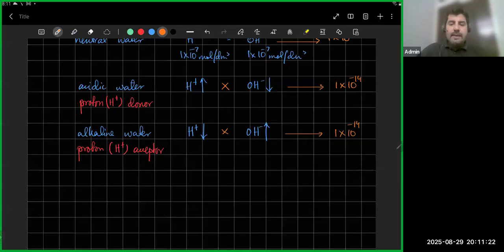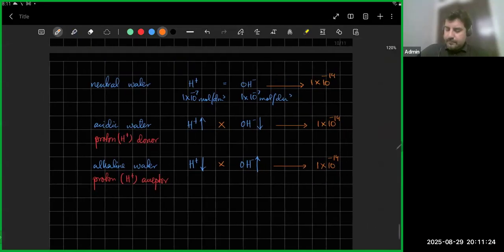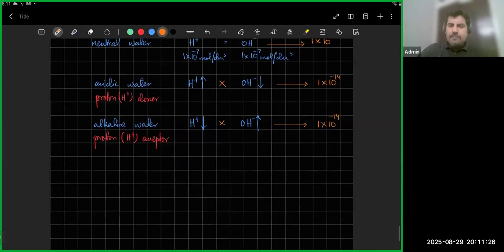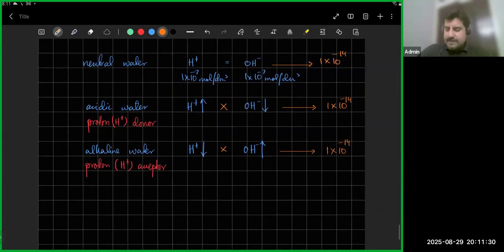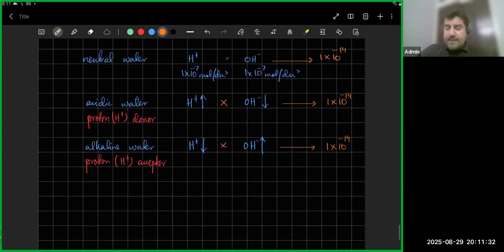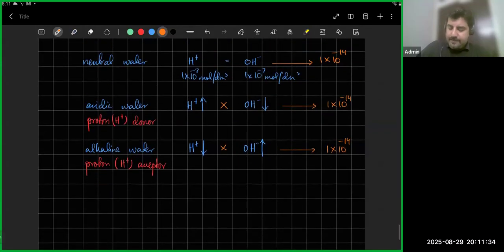And you have a pH scale that basically tells you this. So now the thing is, the type of water that you have: you're going to have three types of waters. Your water could be neutral, or it could be acidic, or the solution could be alkaline as well. So you've got three types of waters. Now this